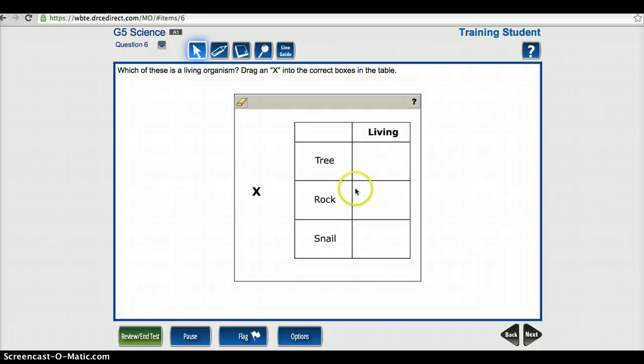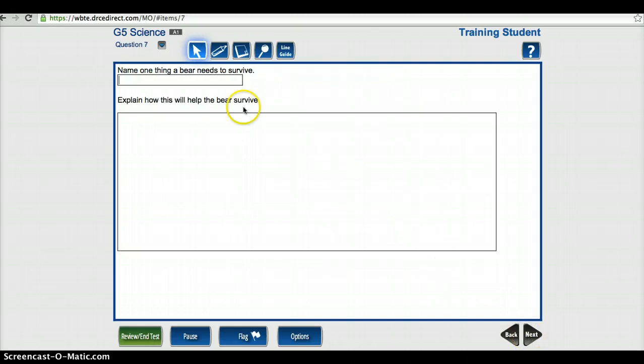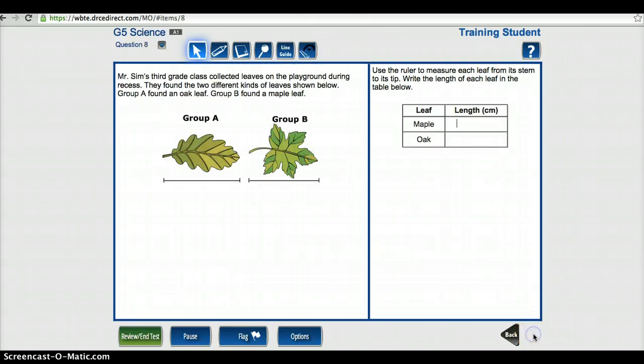Which of these is a living organism? I'm going to say a snail. I'm probably wrong, but moving on to the next. And it's asking you name one thing a bear needs to survive. I'm going to say water, but I'm not going to fill out all of this in the essence of time,